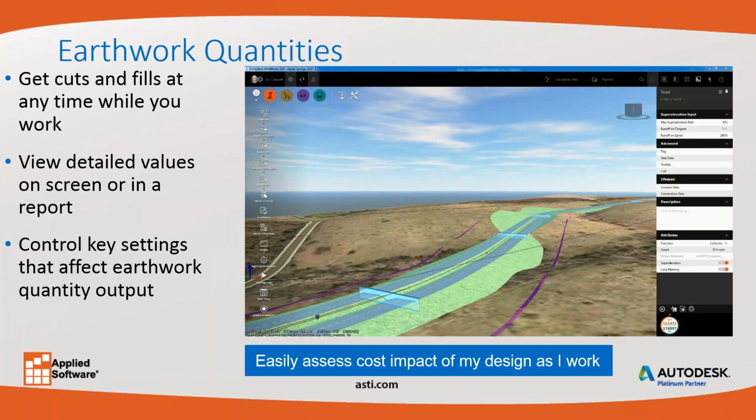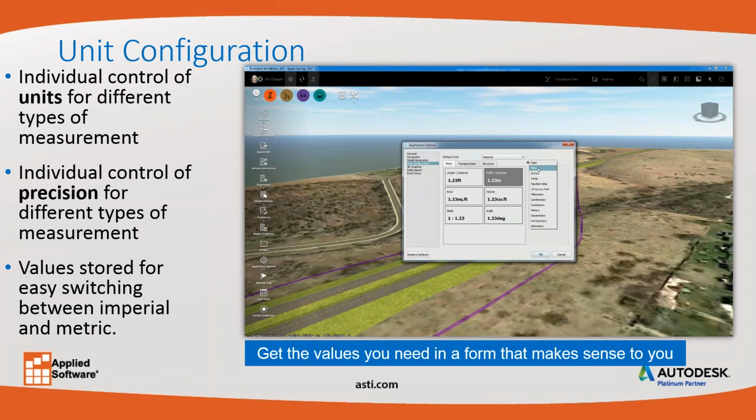As I work, as I go through cut and fills of each cross section within my road, one of the things that has been an issue for InfraWorks over the years is the idea of unit configuration. So now you have the ability to individually control different types of measurement. So acreage, square footage, cubic yards,